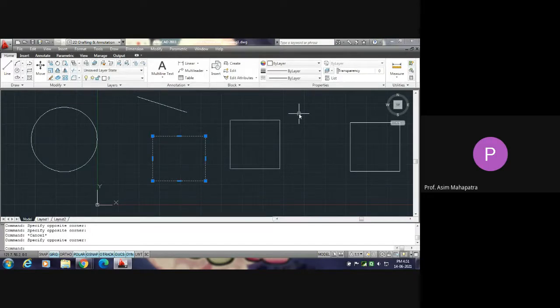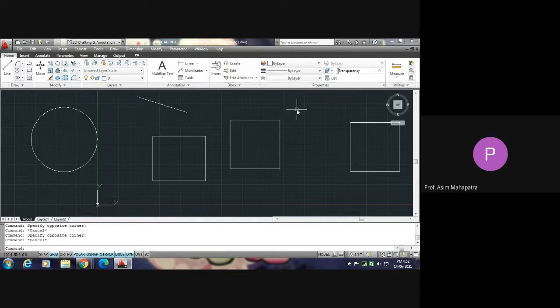I am repeating it. In case of cross window, the entities which are partially or fully within the cross window will be selected. But in case of simple window or solid window, or you can say blue window, the entities which are fully within the window will only be selected.